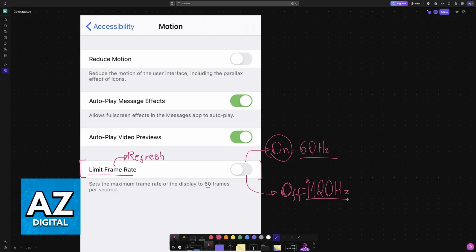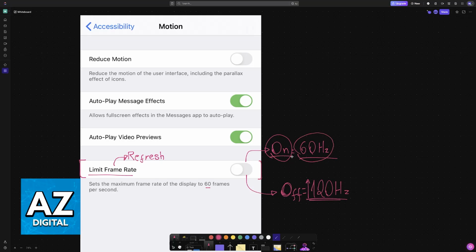The reason why I say can go is because the screen in most iPhone models will automatically adjust itself to the situation. So if you are doing something intensive like playing a game, it is going to reach those higher refresh rates by adjusting itself. However, if you are doing day-to-day browsing and you don't need those super high refresh rates, it will automatically lower the refresh rate. This is done in order to save battery, and sadly, as it stands today, you will not be able to fix it to 120 Hz like you can do with 60.